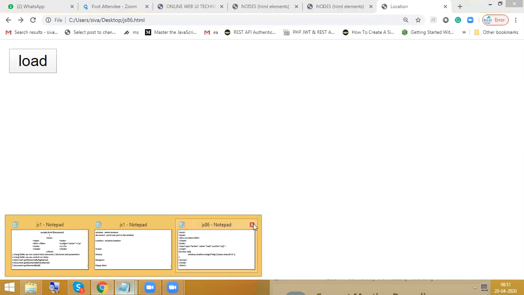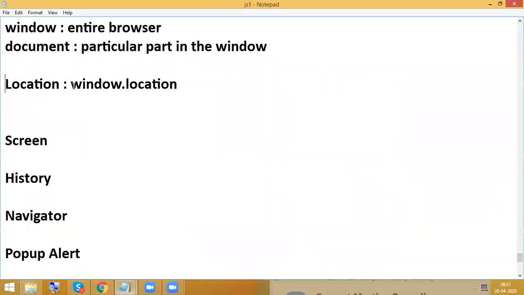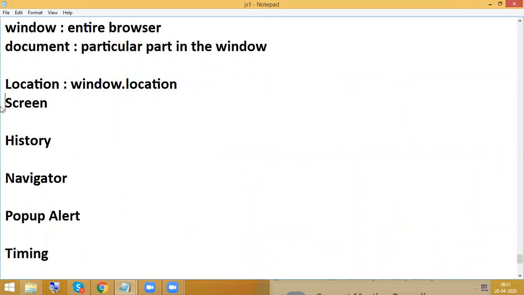Next we are going to have screen. So location part is completed. Now we are discussing screen. Screen is nothing but we are going to find the width and height of the current browser.